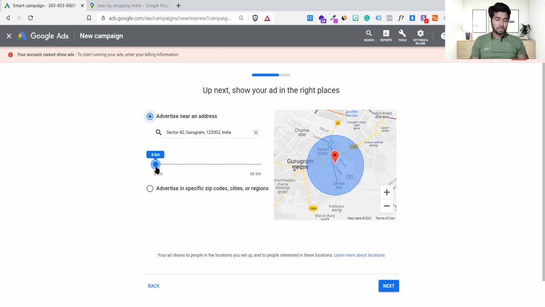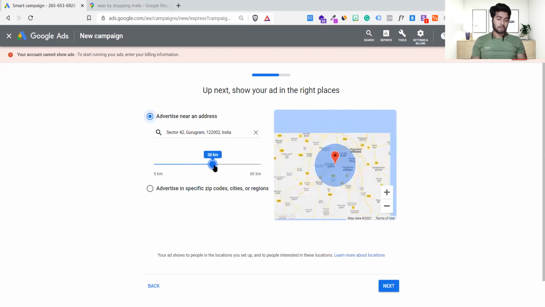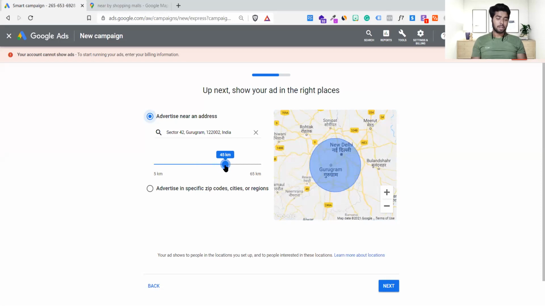Yeah, so it's better not to do that. So let's come here and increase it up to 50. Okay, I believe 50 kilometers is fine. What do you think, guys? If the mall is up to 50 kilometers away, would you like to visit, or would you drop the option if it is beyond 50?